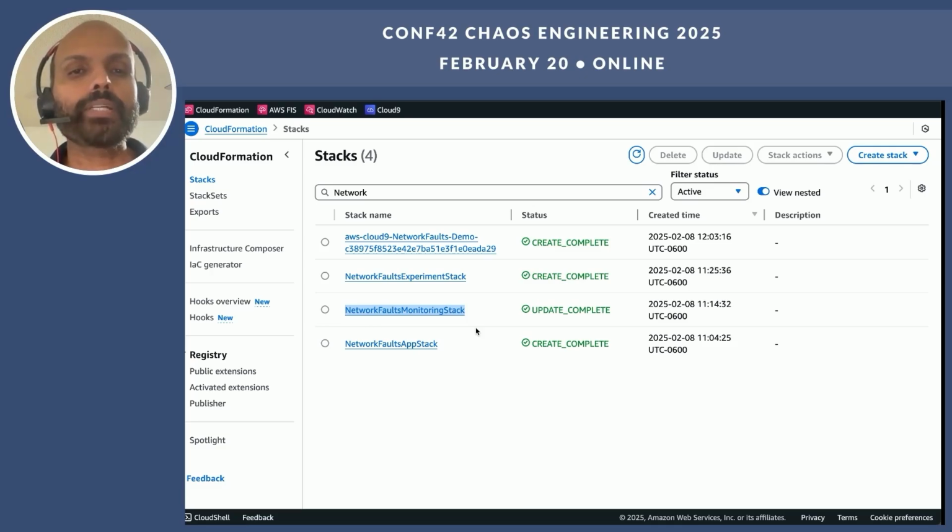For our sample application, we will be doing the monitoring using CloudWatch. As I mentioned earlier, FIS integrates with third-party monitoring tools through EventBridge as well. And then we have our experiment stack. The experiment stack contains the various network fault actions that we will be performing against our sample application.